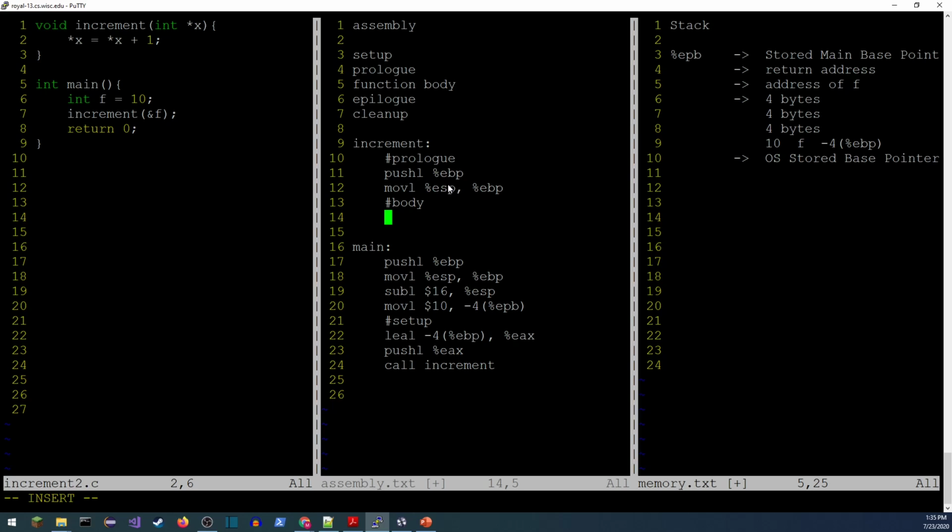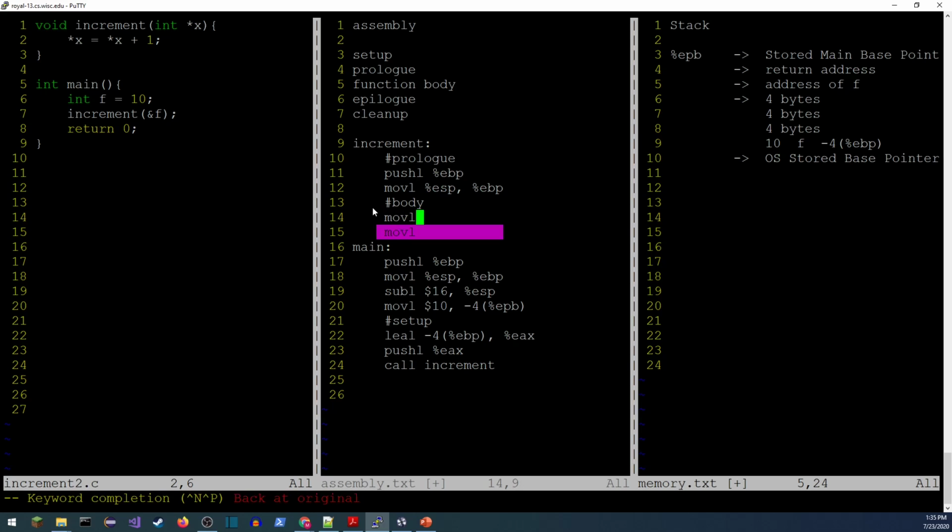All right, so here's the idea. First thing I need to do is go grab the value 10 right here. I did it in 2 steps because what was actually passed to me is the address of F. So I'm going to load that address into a register, and then we'll go access the contents of the register.